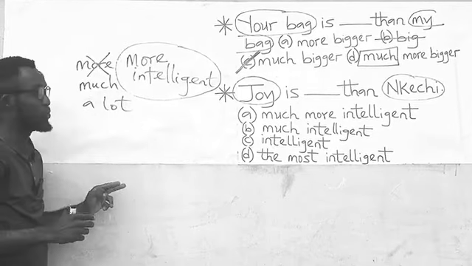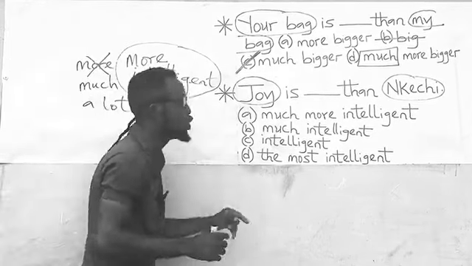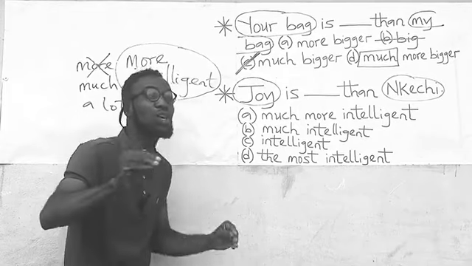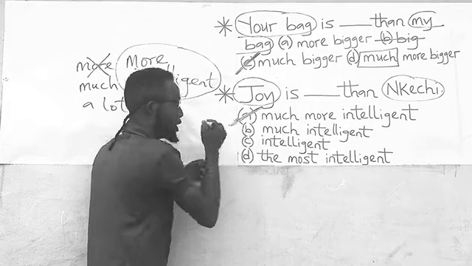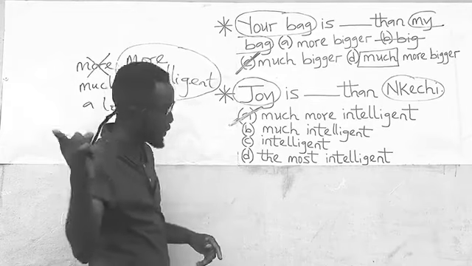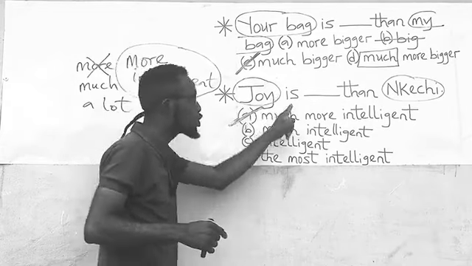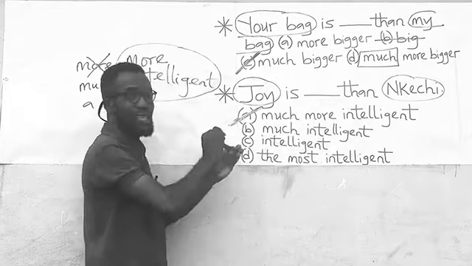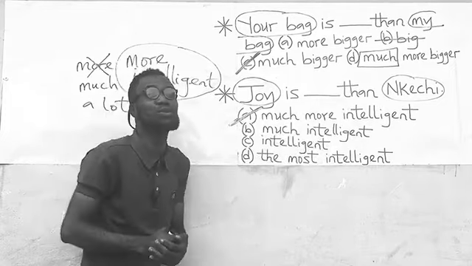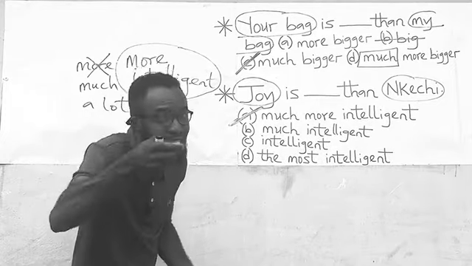So if you check the options, you will find out that the only correct option is option A, much more intelligent. So that the question reads, Joy is much more intelligent than Nkechi. I believe this is understood. Let us look at the next question number